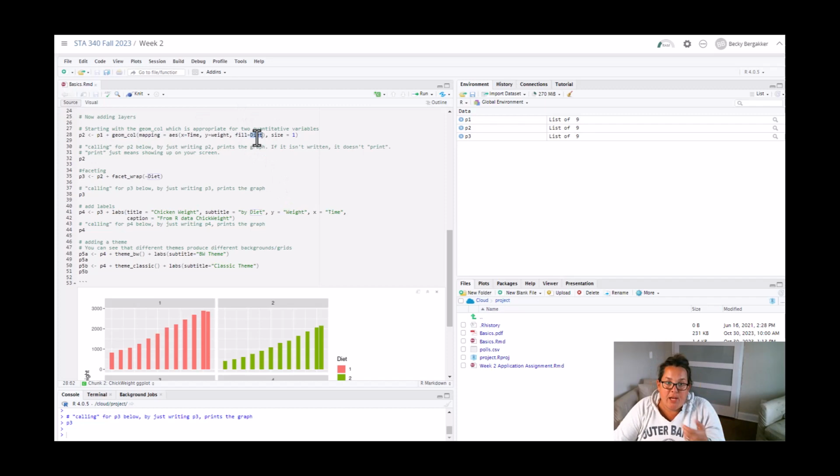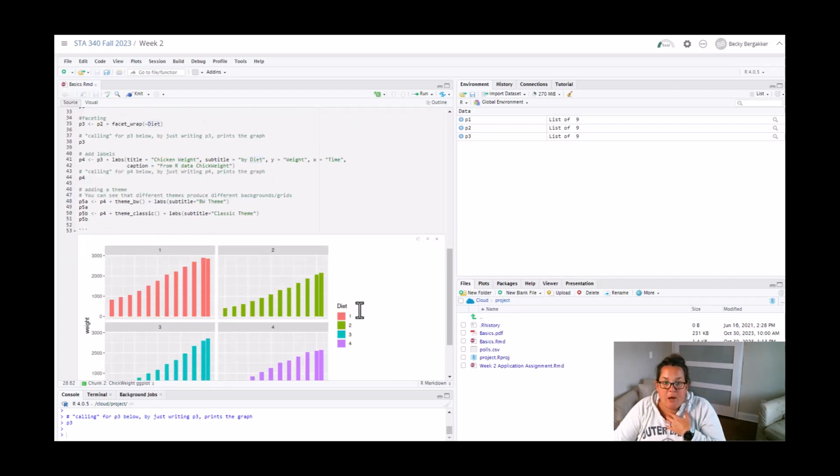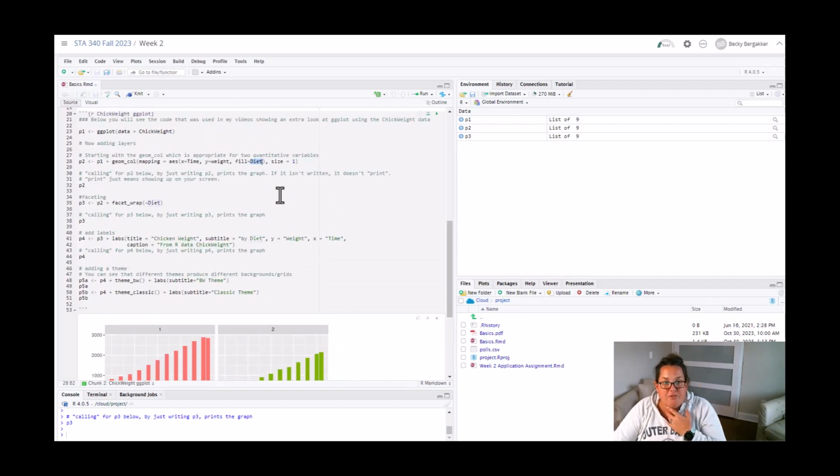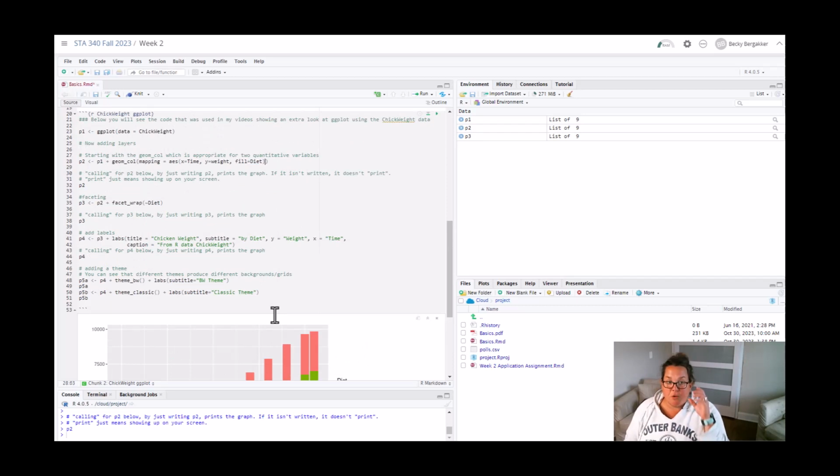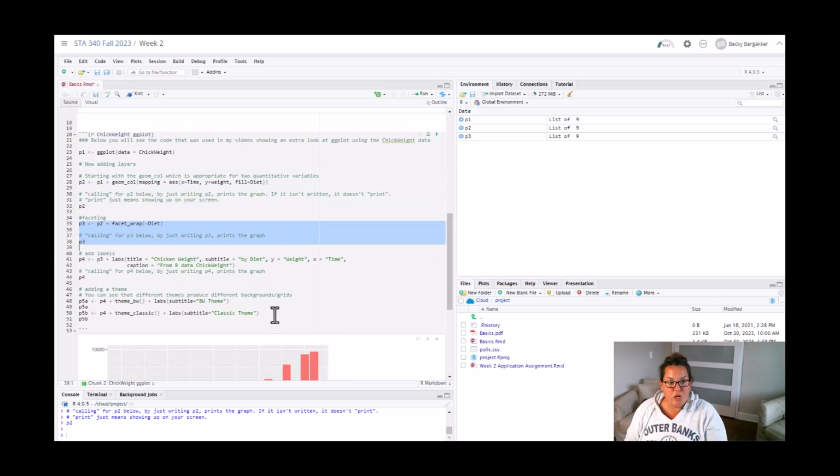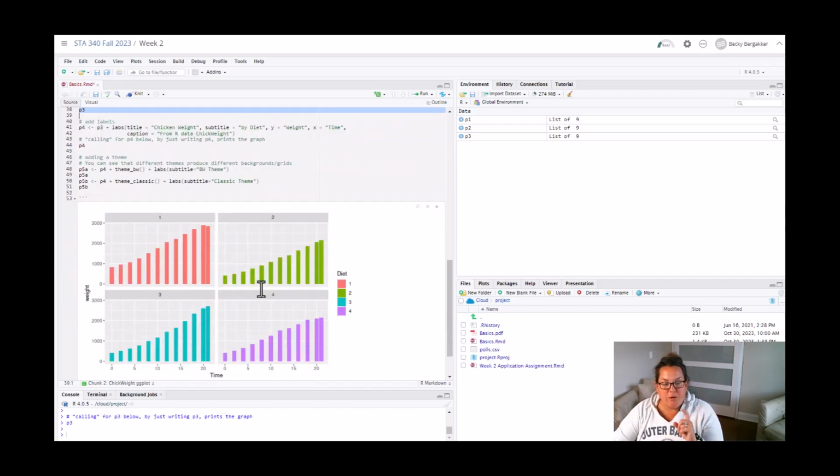And then I'm filling it by the diet type. So you can see that in my legend. So it's got different colors for the different diet types. And I'm just going to remove the size. Doesn't need it. So I have P2, and then in P3, I'm faceting, and that was part of the primers